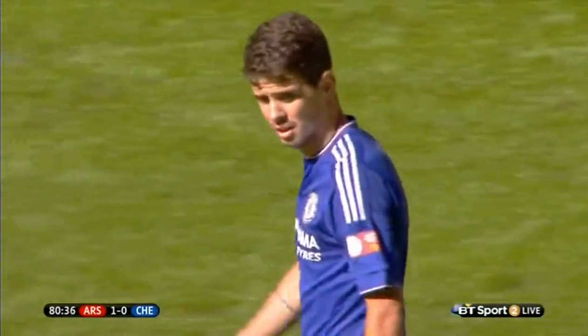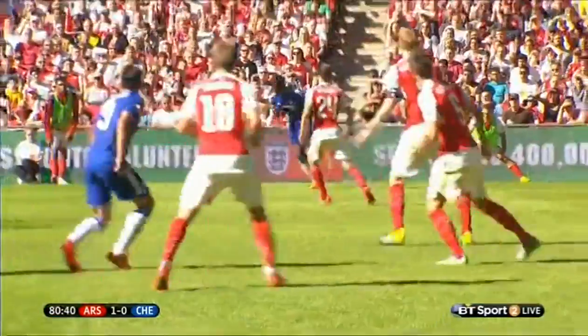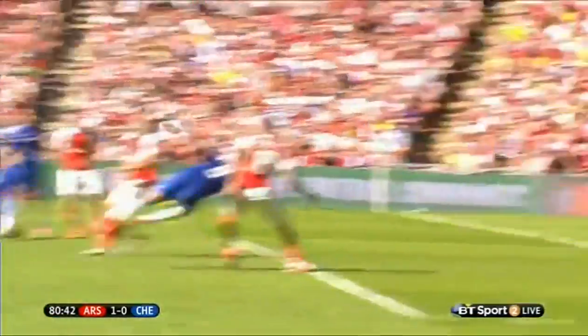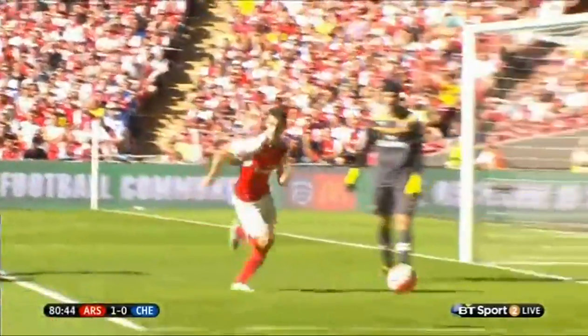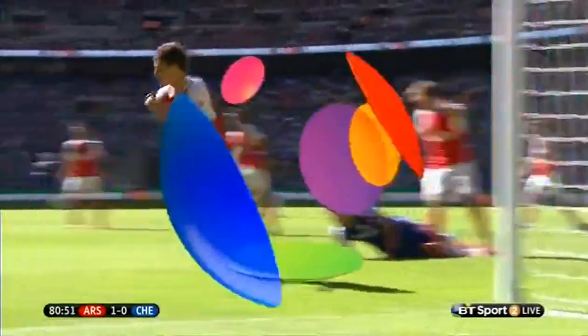Is the equaliser coming? Well, they're knocking on the door now, aren't they? But only in terms of pressure. No real clear-cut chances. Oscar almost missed it with his head. I think it flicked off his shoulder, and then again Falcao with the same. No real clear-cut ones as we...